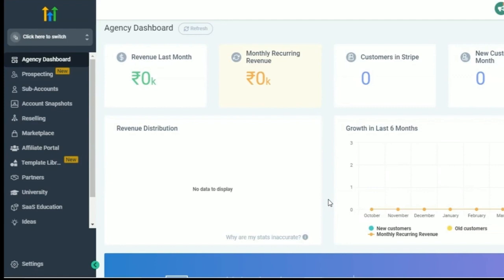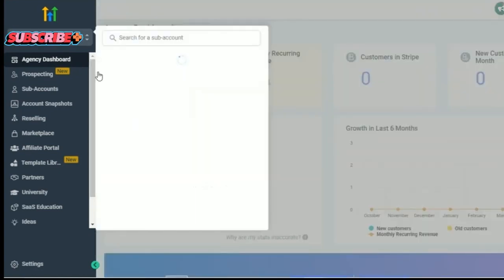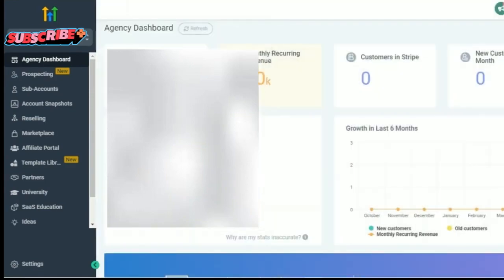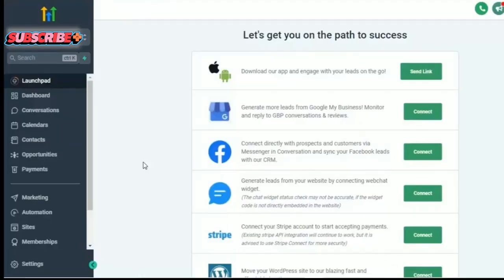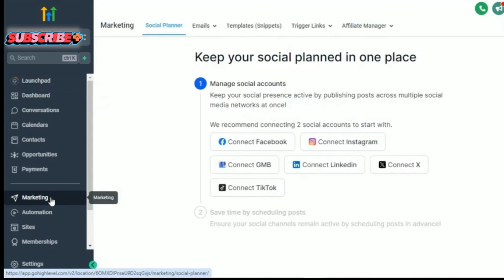This is a super awesome feature introduced in GoHighlevel. If you want to promote your product or services through affiliate programs, then you have to go to the affiliate program. For this, you have to go to your sub account, and under sub account, there is a marketing tab. Under the marketing tab, you have to go to the affiliate manager, and there is campaign where you will get